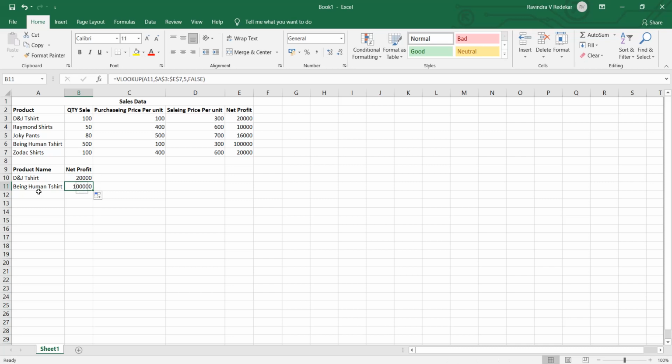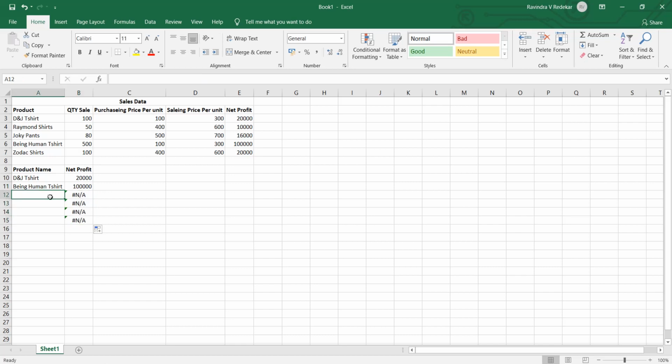So we got the human t-shirts, that is 1 lakh. So I just drag this formula down three or four lines over here.